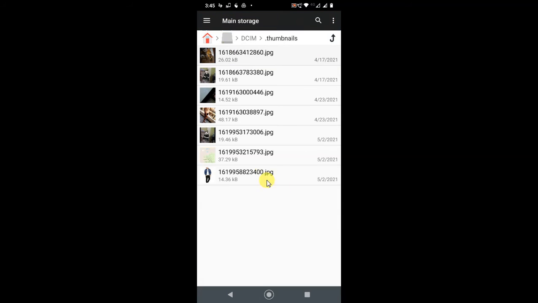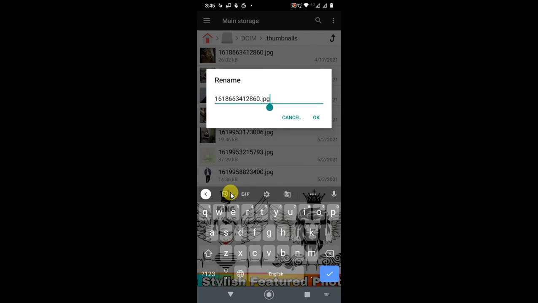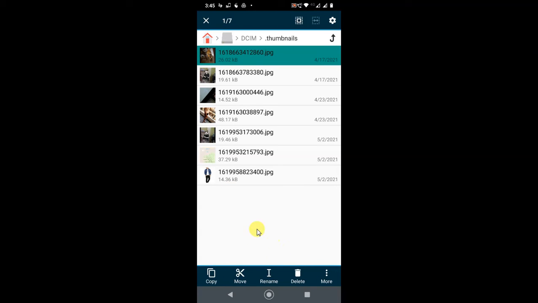Hold and select it, hold and select it. After that, you can go to rename, or you can move it from here, or copy it from here.